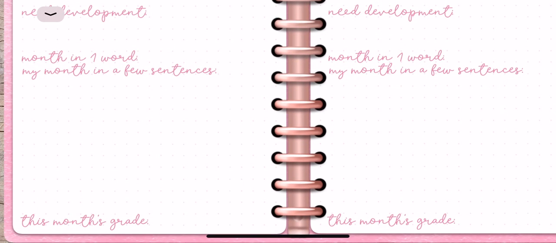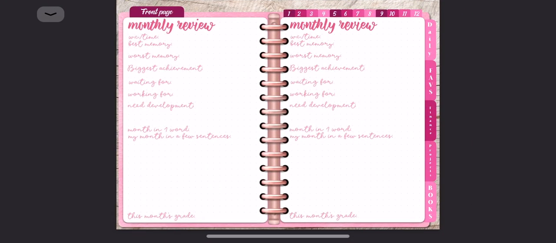Choosing a word for that month, what described the month best, and here you can journal, if you wish, a few sentences. What did you accomplish, or anything? What were your emotions? What did you feel, and things like that. And down below you can grade that month regarding your writing. Going back,